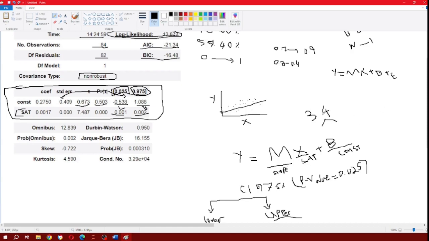So this number will change. It will probably go from, okay, a 97.5% confidence interval with a p-value of 0.025, which is statistically significant. Well, you have a surprise. Your score may go from 3.1 to 3.7 maybe. So not only do we get a predicted value, in this case GPA,